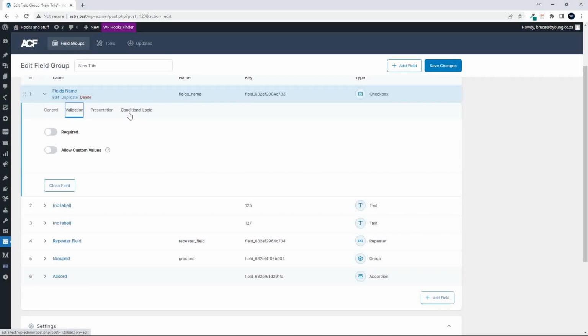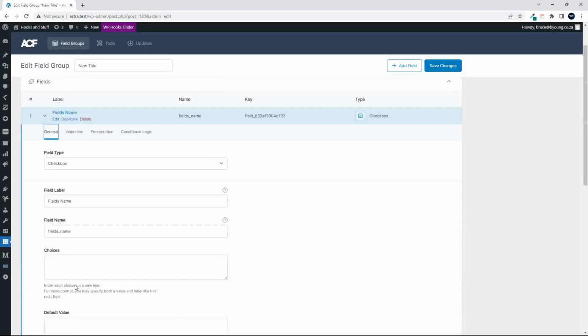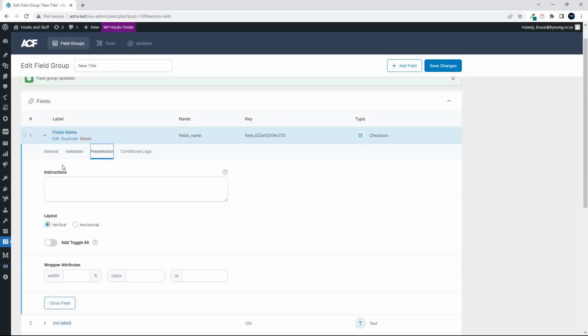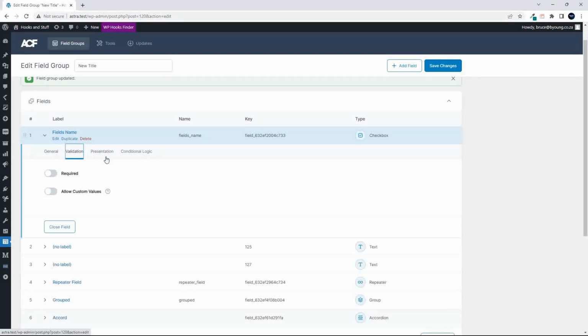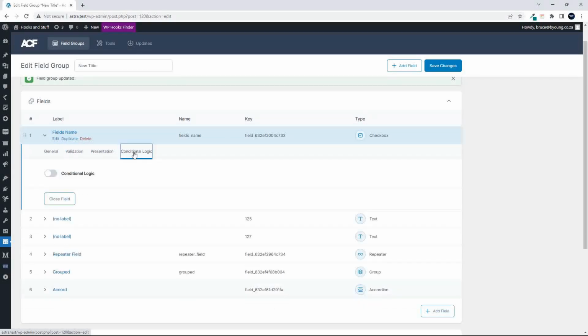I think that makes a lot more sense. And if you're new to custom fields, doing it that way around would make it easier to understand which fields are more related to each other, because the general and the presentation are definitely related to the field and what people see, and then the validation and the conditional logic,